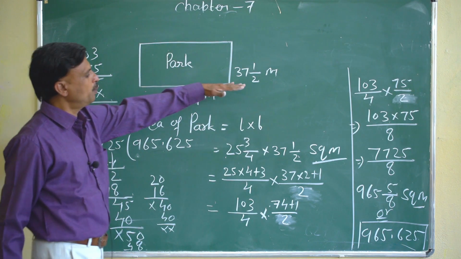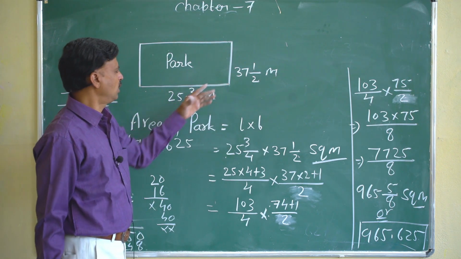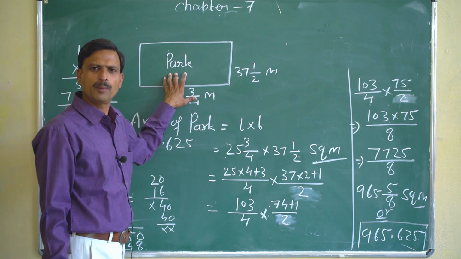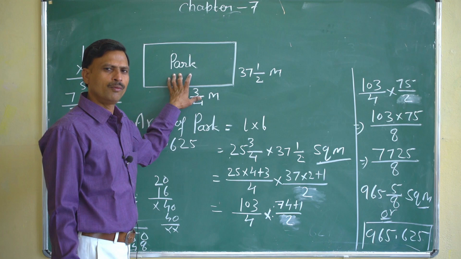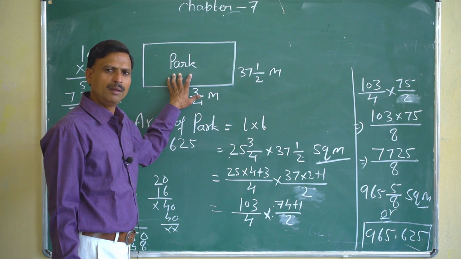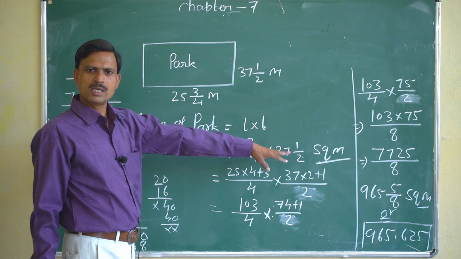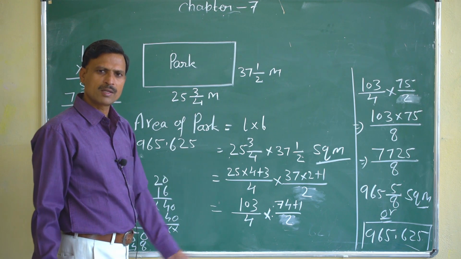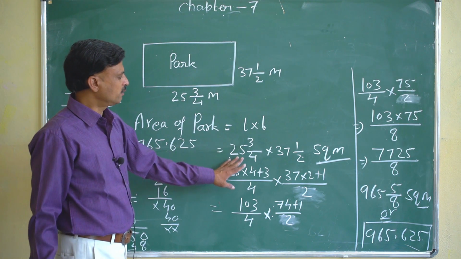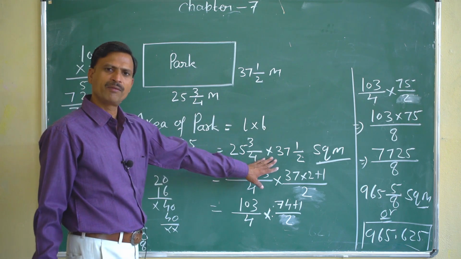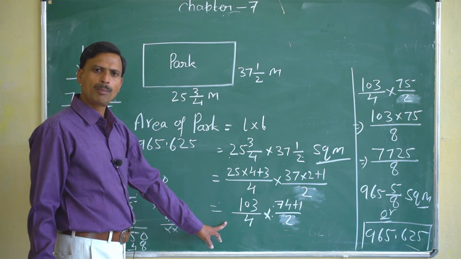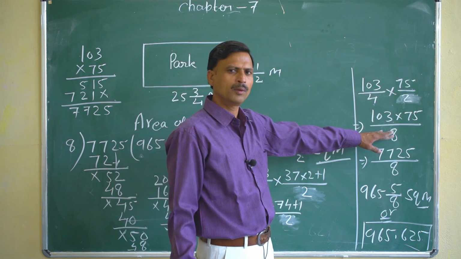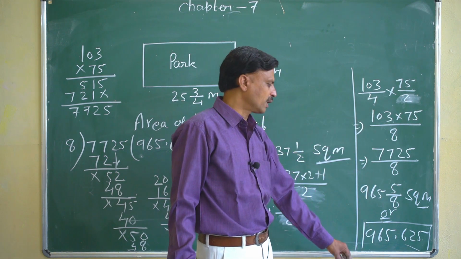That is length into breadth and nothing else. Only this you have to remember, that whenever we are finding the area of any rectangular shape, geometrical diagram, length will be multiplied by the breadth. Area will be in a square unit. Unit in meter, so it will come square meter. Unit in centimeter, so it will be in square centimeter, whatever. Then the calculation, fraction multiplied by fraction. First we convert to improper, then if there is no cancellation, numerator multiplied by numerator, denominator multiplied by denominator, then we divide the numerator, and we get the answer.